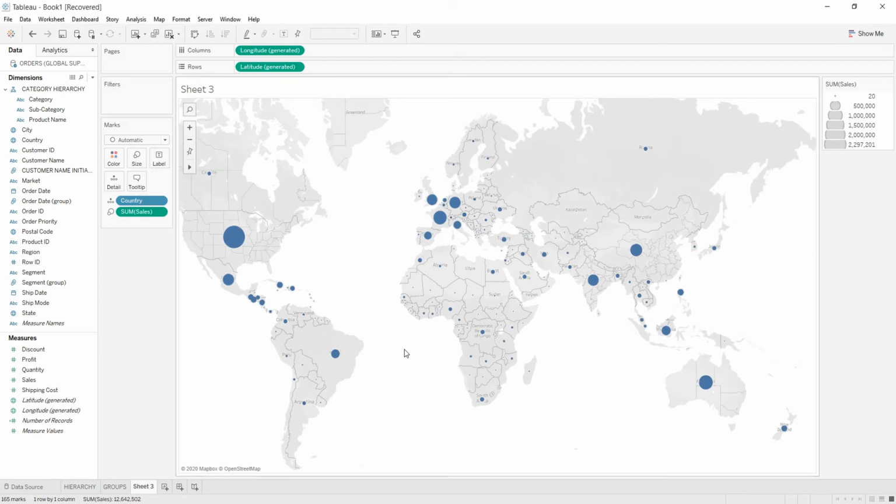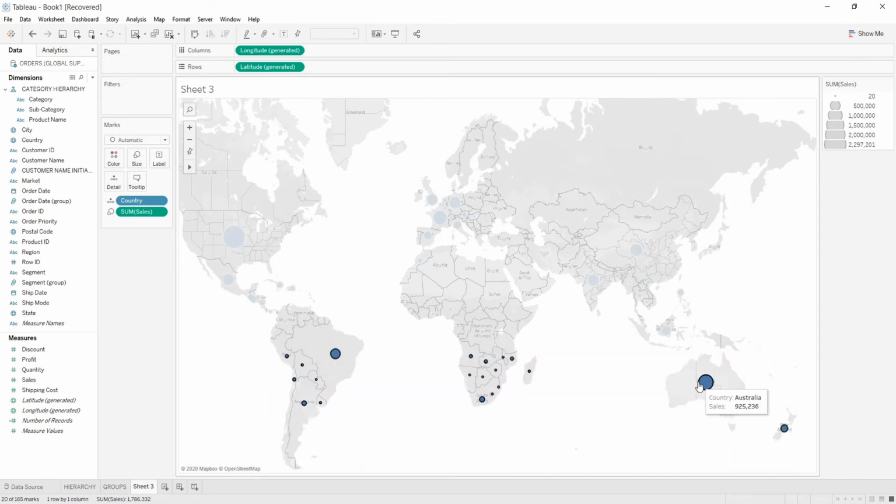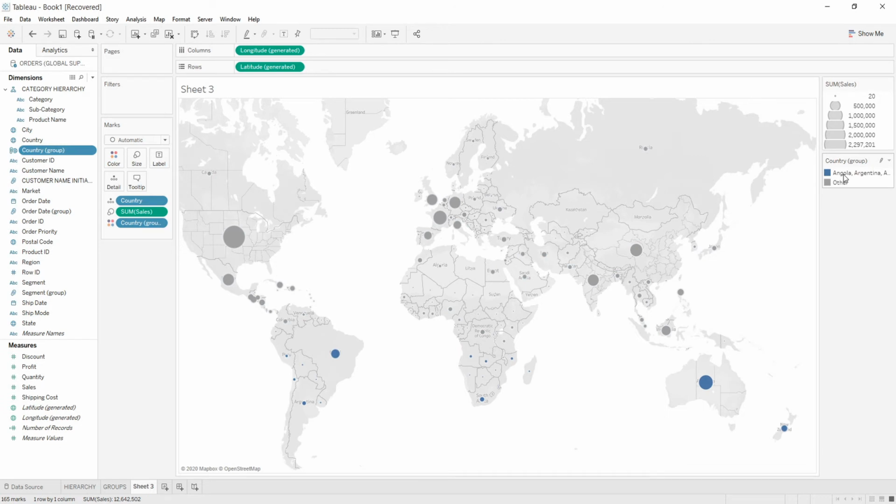Now we can create groups using marks on this graph in a view, and that group is called a visual group. So for creating that visual group, I am selecting the marks present in the south portion of the map using the touchpad of my laptop, then right clicking on it and going to the option of group. Going to the right side of the group card and right clicking on it, I go to the option of edit alias, where I am giving it the name south and clicking OK.